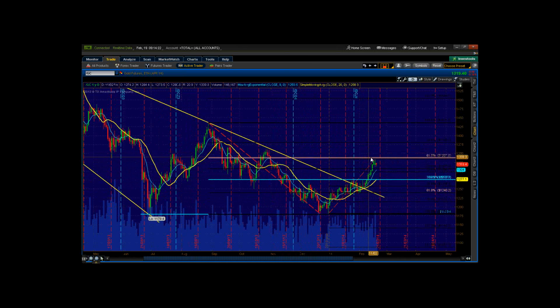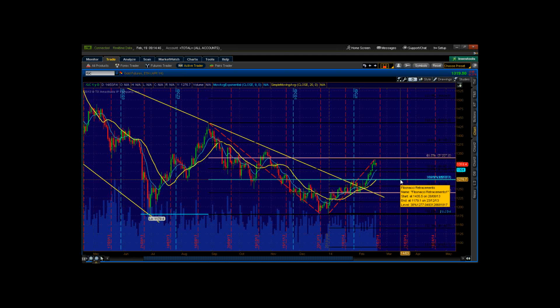This was the 61.8 retracement off of the swing high. So we went down, hit that low in around 79.40, rotated back up to the 61.8 retracement, and so far, we are rejecting it,